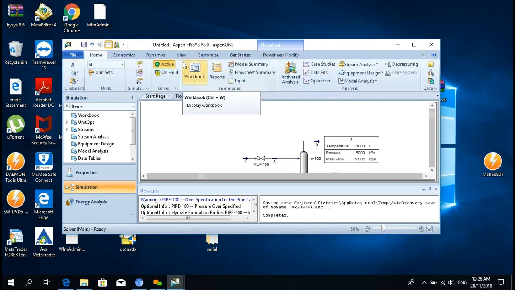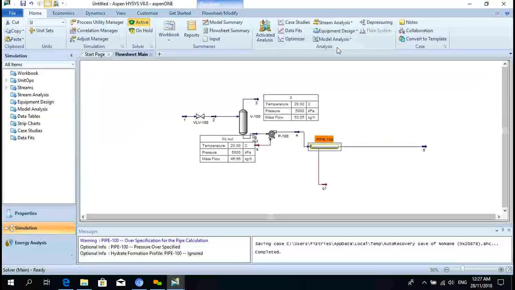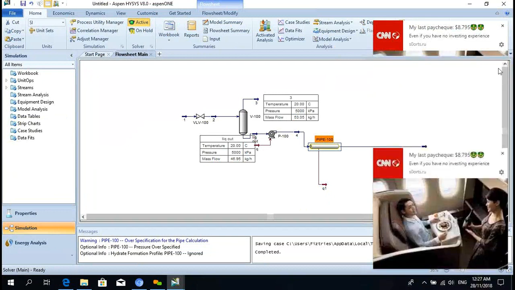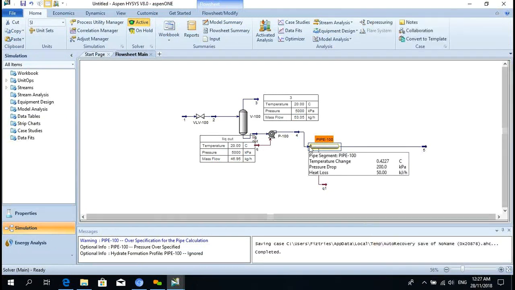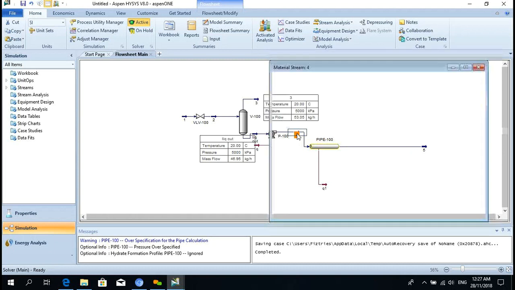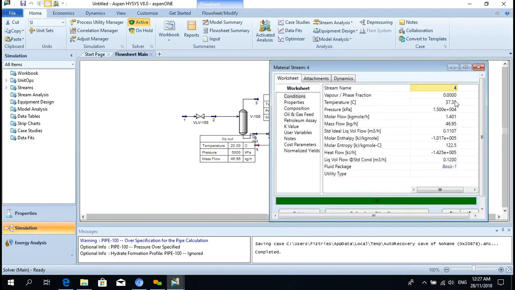Yeah, this is active. See, this is the steady state, right? Whenever something is there, we can check this also. Now enlarge this stream. Just double click here. See the temperature of the stream. What is the temperature of the stream? The stream is 33 degrees. Oh, this is 33.33, so we should put temperature higher than this, right?